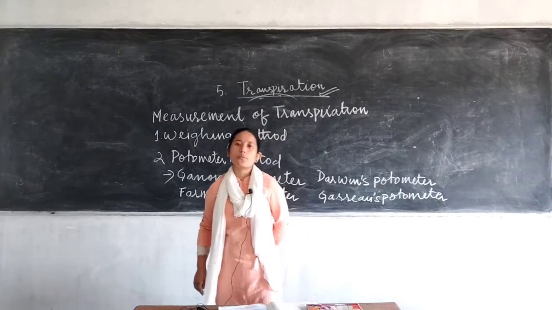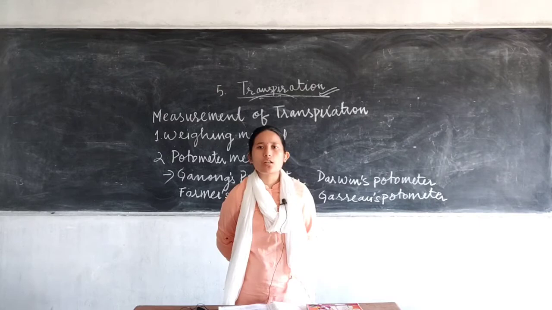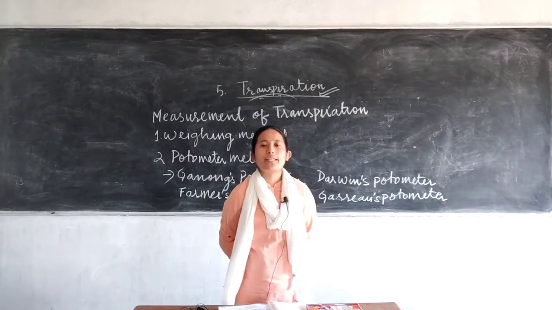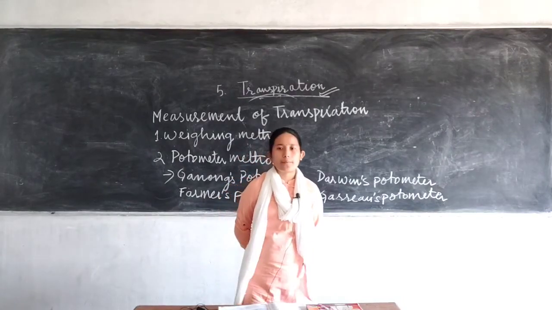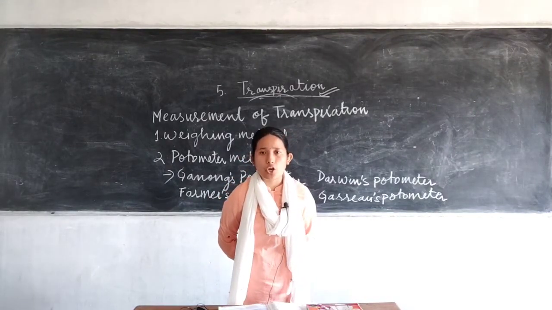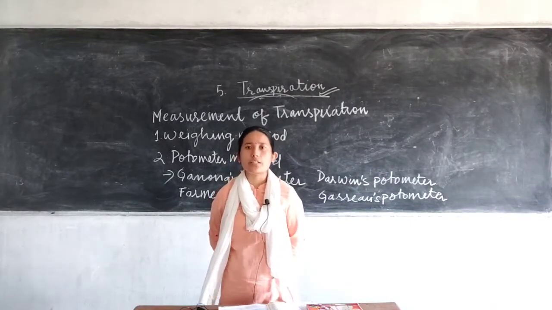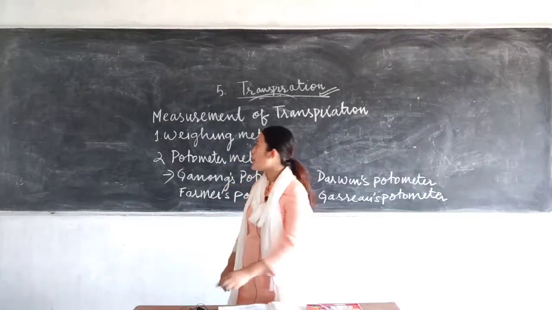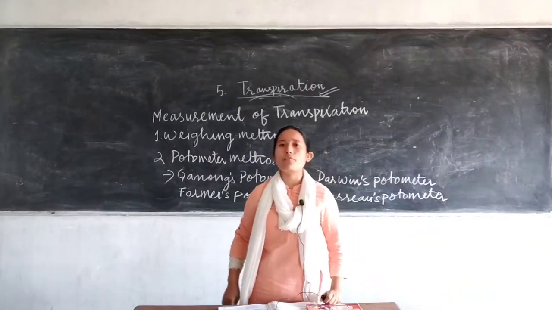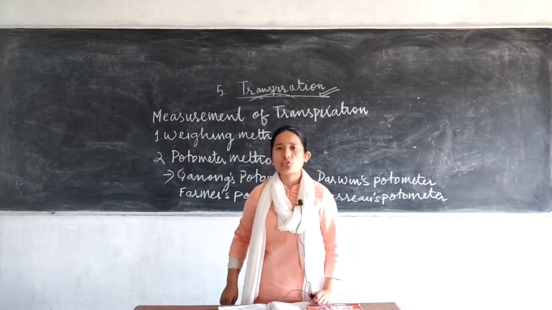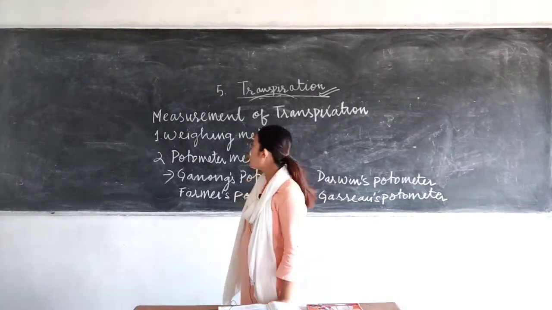So next we will be discussing the different experiments which will indicate the measurement of transpiration that is occurring. That means what volume of water is being lost through the plants. Okay, there we will be discussing a few experiments related to that. So for measurement of transpiration, here measurement of transpiration means what volume of water is being lost through the plants. How do we know that? For that you have two methods.